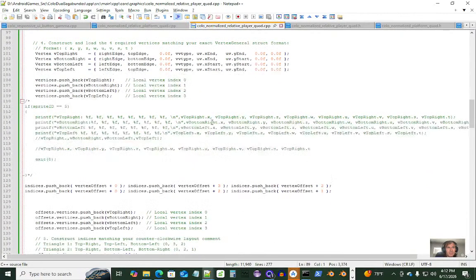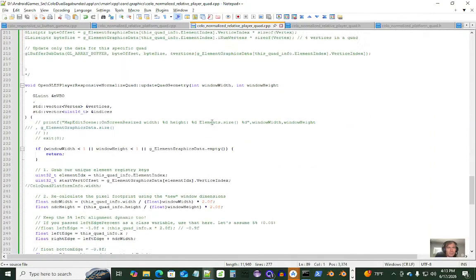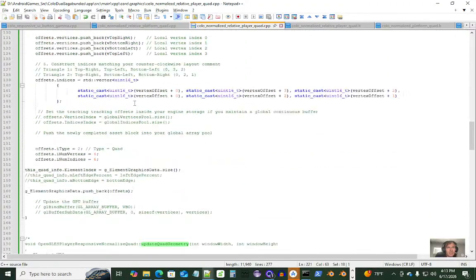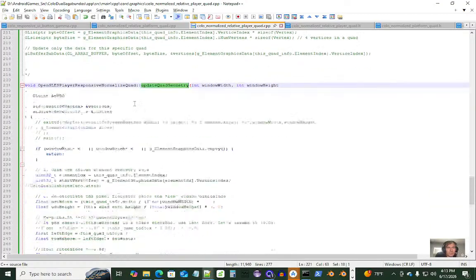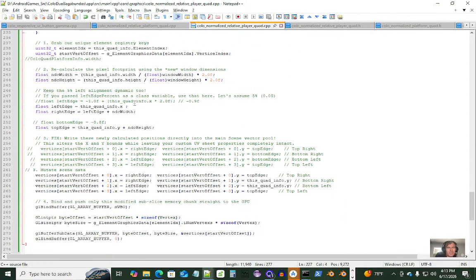Alright, so the player is going to have this update function, right? It is update quad geometry, not update. Update is for updating the stuff with the UI. So here we see it's a different equation. It's not really that complicated. It takes the left edge, and the right edge is calculated off the left edge and the width. It's a little different, but